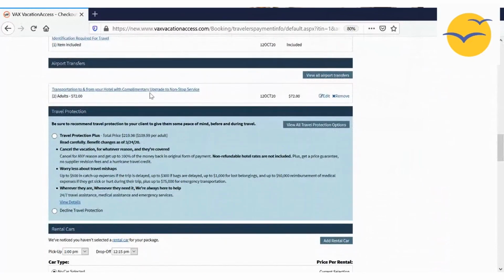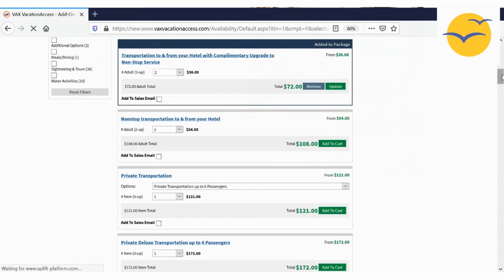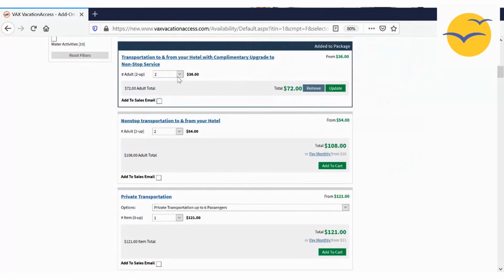Insurance or transfers, something that I will always mention here with transfers. Always look at if you have a family of 4 or 6, or several people traveling together. This is transportation from your hotel, complimentary upgrade to nonstop, which is nice. But let's say I had 4 people. So 4 people would be